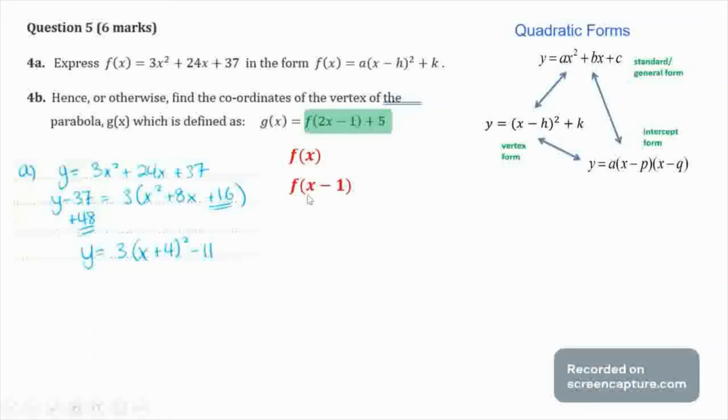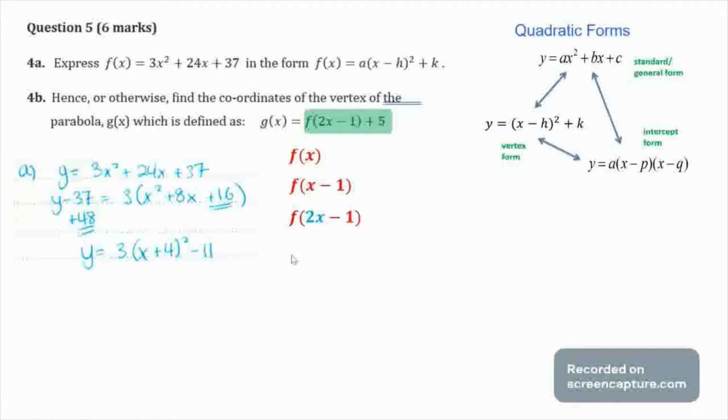So x was replaced by x minus 1. And that tells us a translation 1 unit to the right. Right? And then next, I'm looking at this. I'm like, that isn't quite this. Okay, that x needs to be replaced by 2x. So that x is now replaced by 2x. And what is the effect of that? Well, that is a